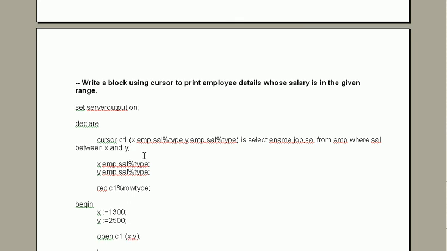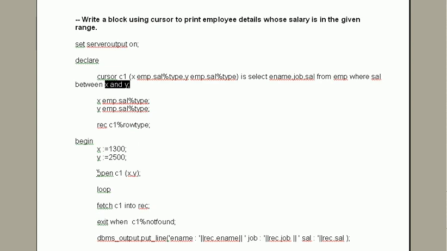And then in the third one, what is the special thing over here? We are passing the parameter. Here we are passing the parameters x and y to the cursor. So cursor contains a query, and x and y are used in the query. At the time of opening the cursor we have to pass those parameters.